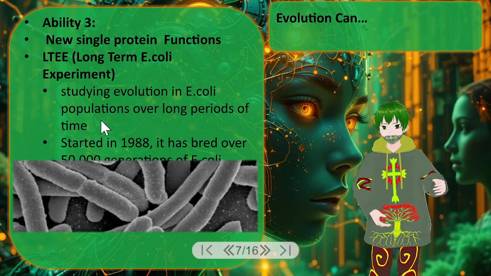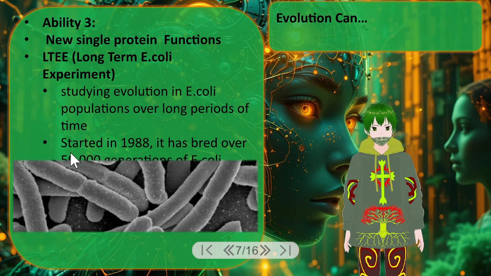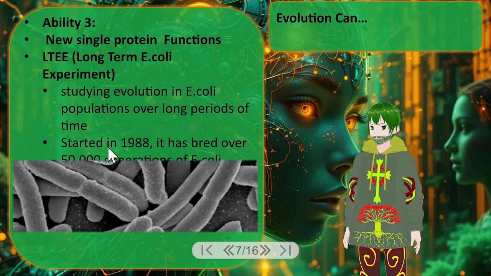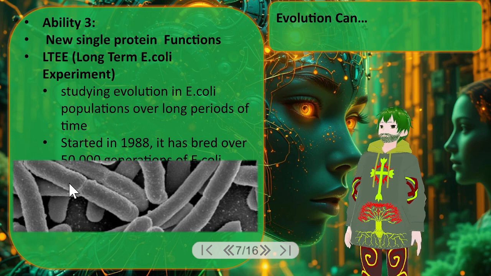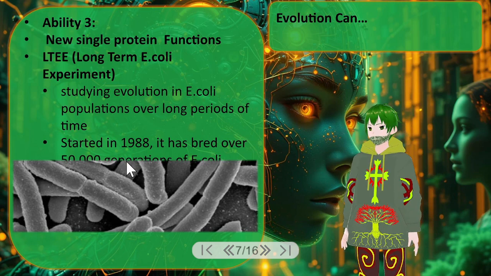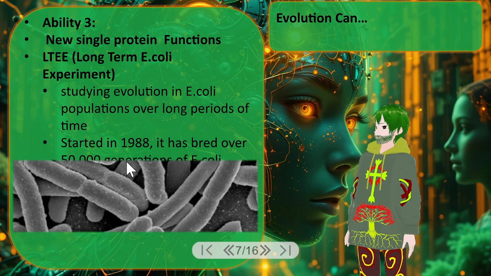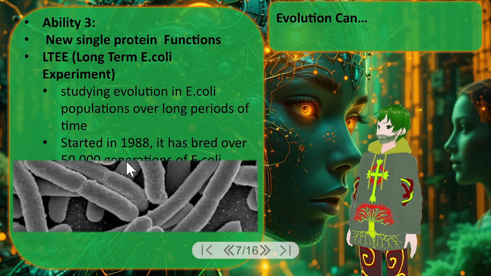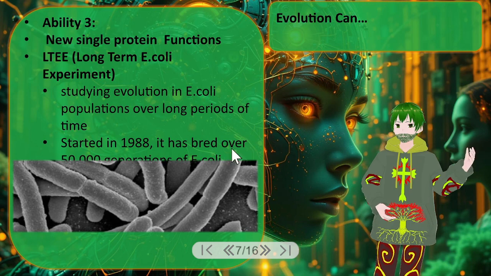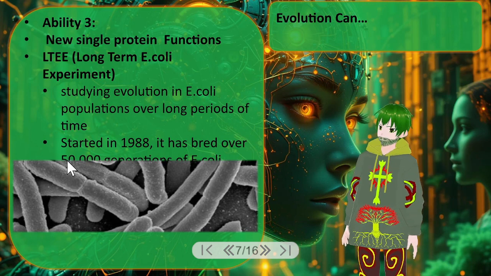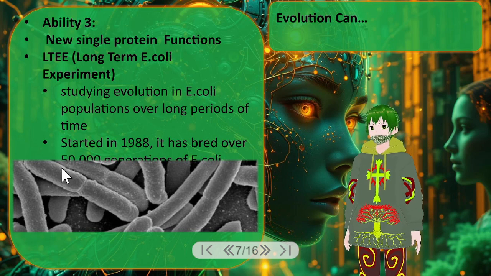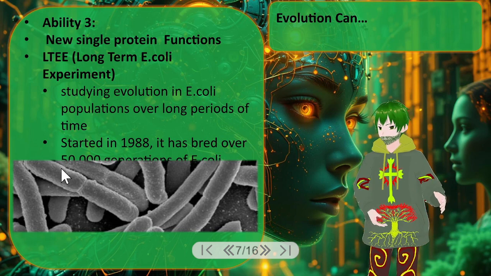And what they've found is that after about 50,000 generations, sorry, it's hidden by the picture here. I need to adjust that. Maybe I will in the future and re-record this. After about 50,000 generations, they found that the E. coli could digest a substance known as citrate in the presence of oxygen. Okay, now what's interesting about this is that that would be considered for E. coli about a species level change. Because generally speaking, normal E. coli, or the E.